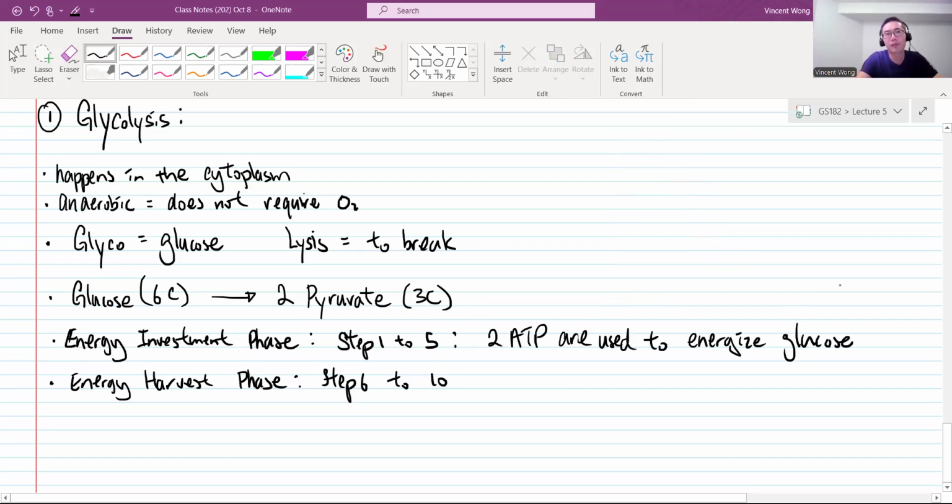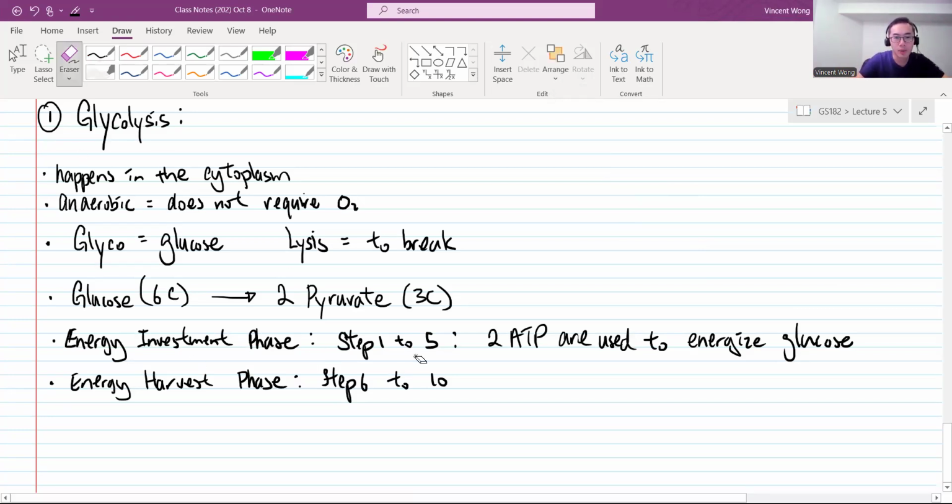You might have heard the phrase, it takes money to make money, right? Basically, it means that if you want to make money, you've got to invest some money first. You put the money in a savings account, then the bank is going to pay you interest. So you put in $1,000, maybe the bank is going to pay you like $10 of interest. So you have to invest first, and then you get some money back.